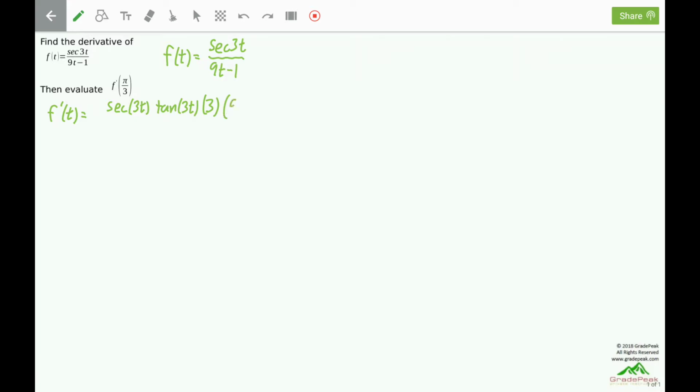That's the derivative of the numerator times the denominator left alone, minus the numerator left alone, so secant of 3t, times the derivative of the denominator. Derivative of 9t minus 1 will be a 9. All of this divided by the denominator quantity squared. Now this numerator I'm going to rewrite by moving the 3 and the 9t minus 1